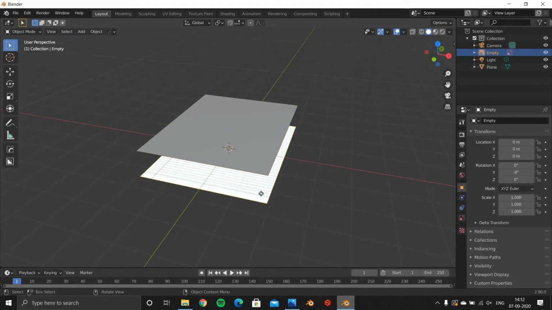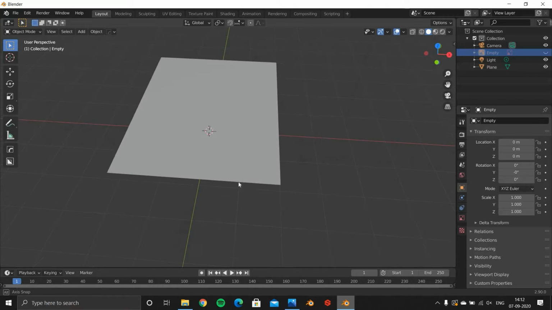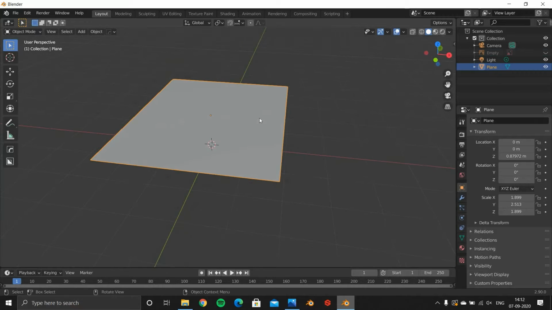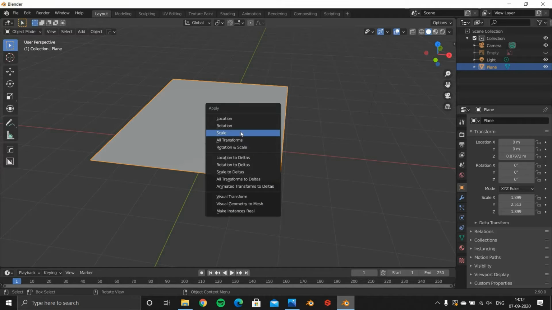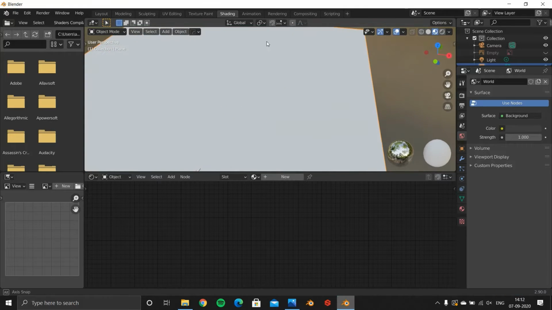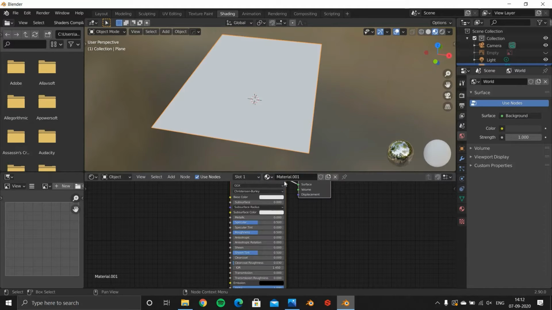So we can hide this image by pressing H. We have set the scale of our page. Let's select the plane, press Ctrl A and apply the scale. Now let's create the material for this page. So let's go into the shading tab, select a new material, let's name it page,